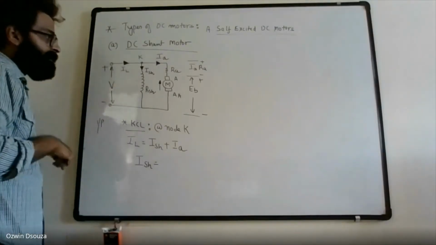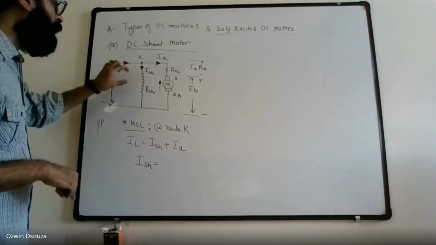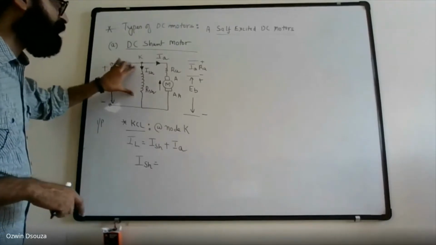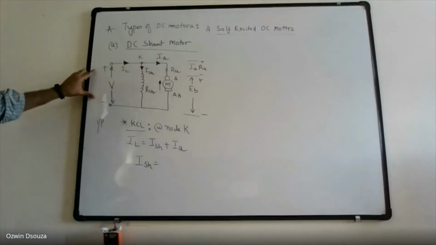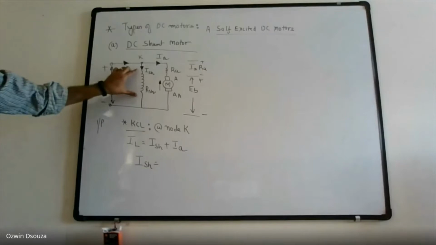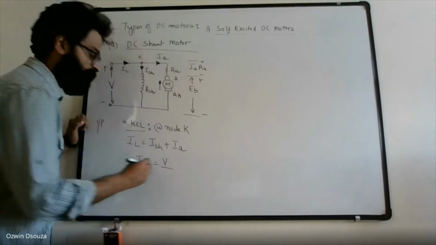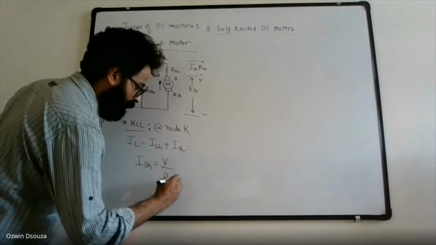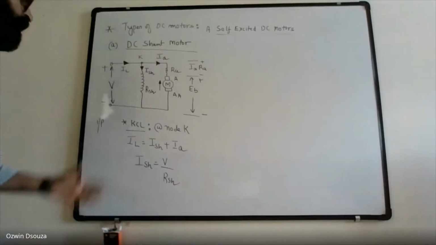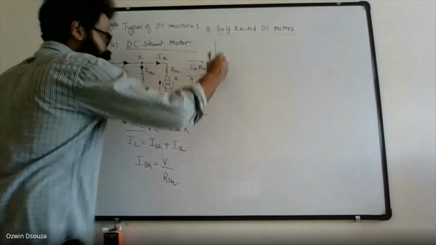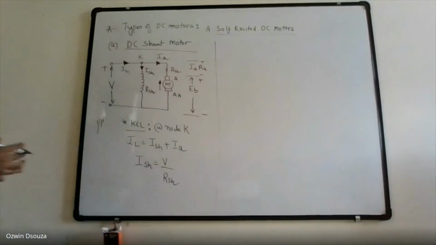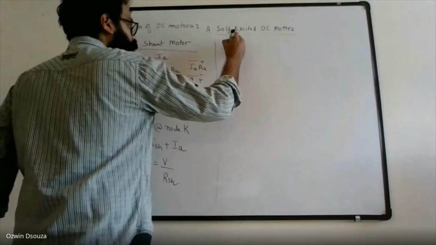The field current can be calculated by knowing the voltage across the field winding, which is nothing but the supply voltage V. So Ish can be determined as the ratio V by Rsh. So that's about the current relation. Next, let us apply